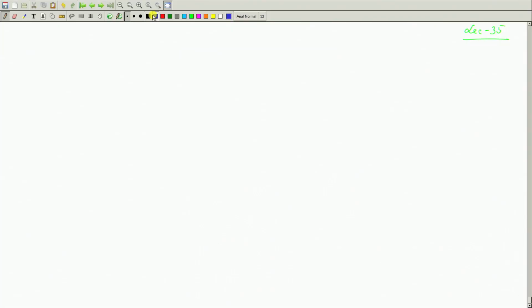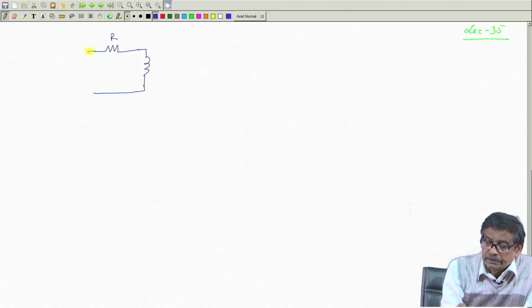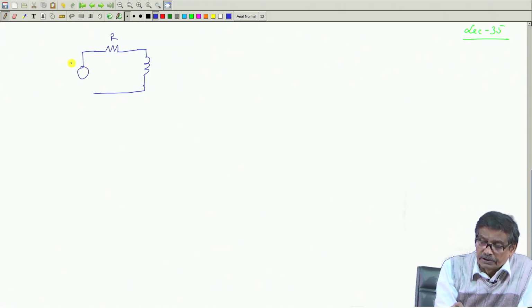Lecture number is 35, and in this lecture I will tell you. Now, we have made enough ground to find out the response, say for example, of an RL circuit when it is excited with an impulse voltage